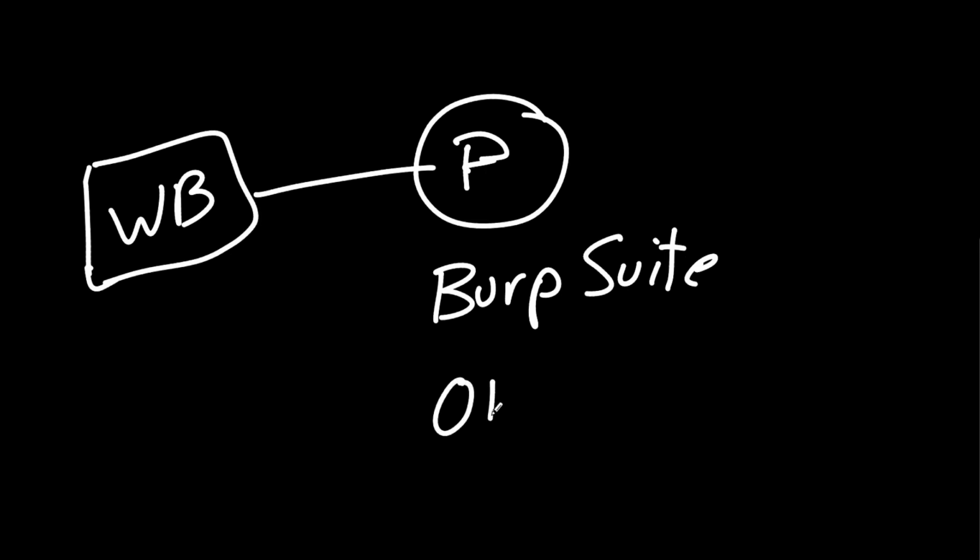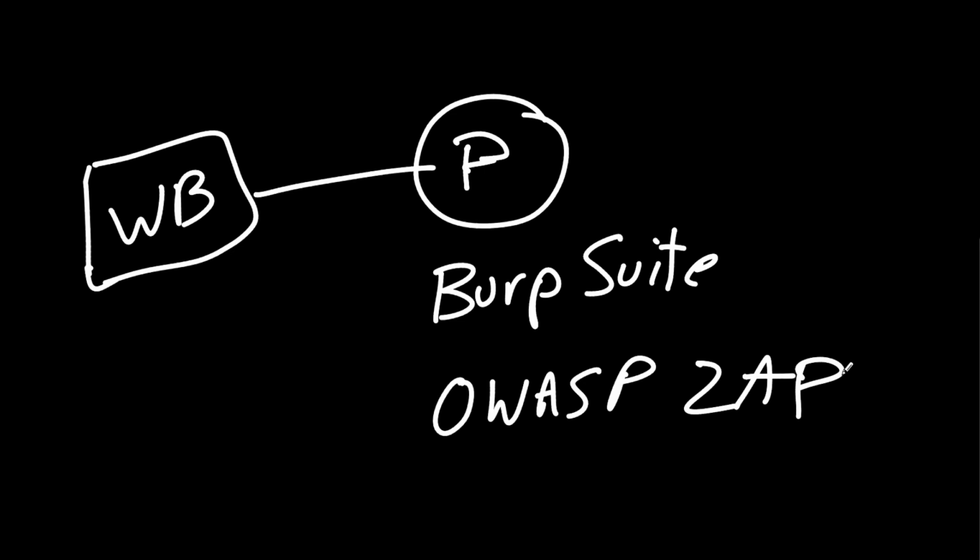Or the OWASP Z-Attack proxy, right? Or ZAP. That's a ZAP in there. And basically, those are two options for a proxy, even though those tools perform other things, like the OWASP Z-Attack